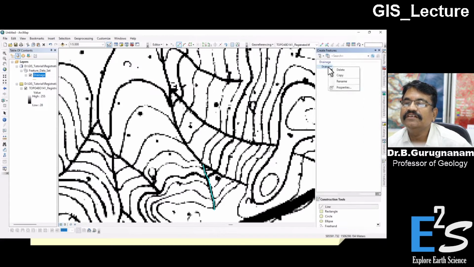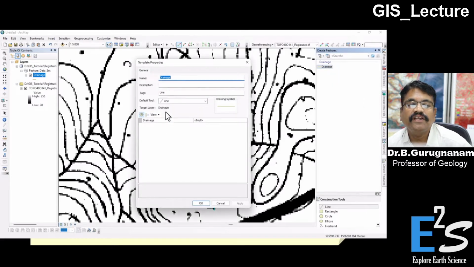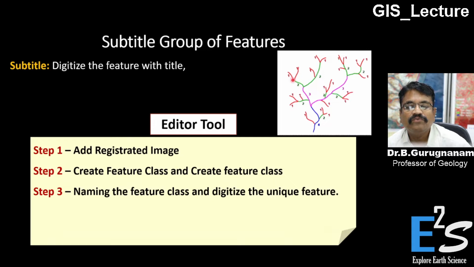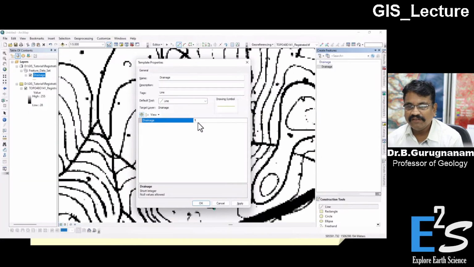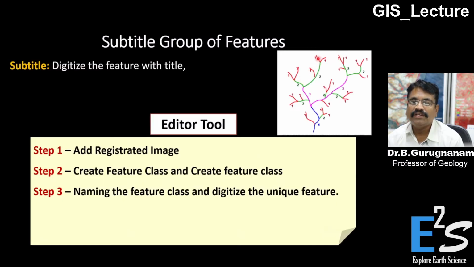in create features, right click, properties. Here I have to define it as one. So now for first order I am going to digitize, and that's why I have given the name one. All first order streams I am going to digitize. That's the reason I have given the number one. So one is here,